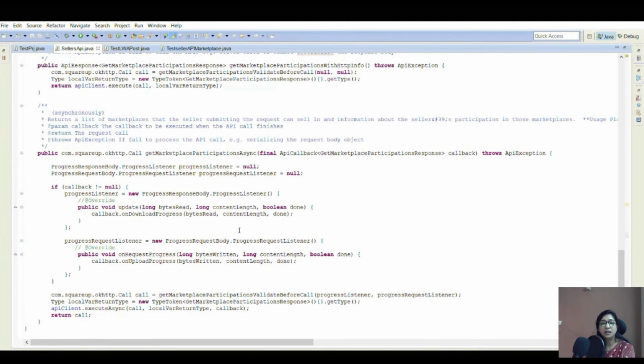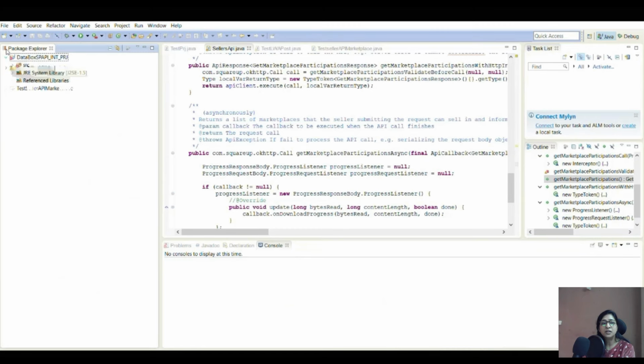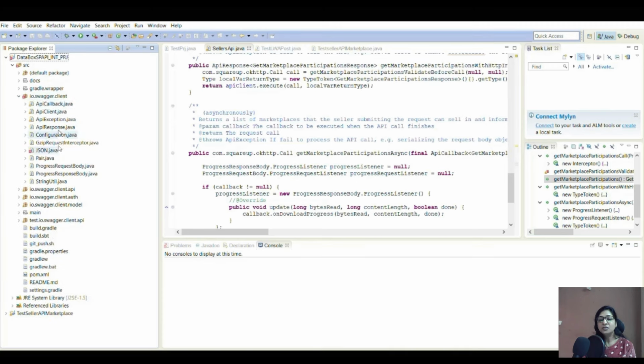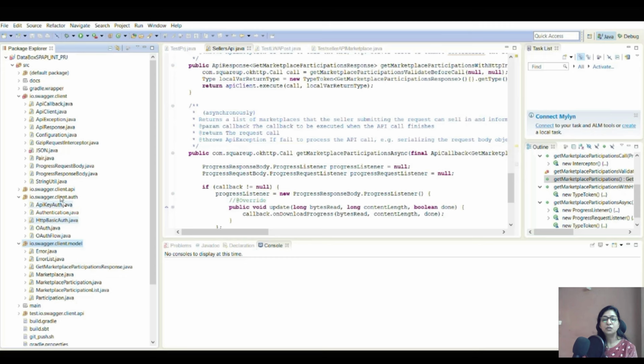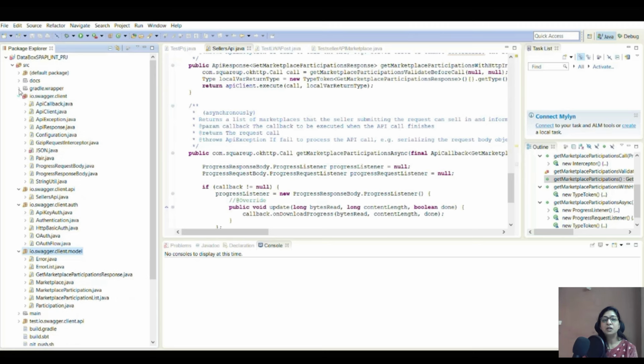looks like. Let me also show you all the API that is generated once you build and integrate it into your IDE. Just a quick look, these are the Java classes, this is the model. You can access all of this and call your SP API. But still, if you want more extension, more information on this or a detailed description of how this is to be implemented, you can always reach out to us.